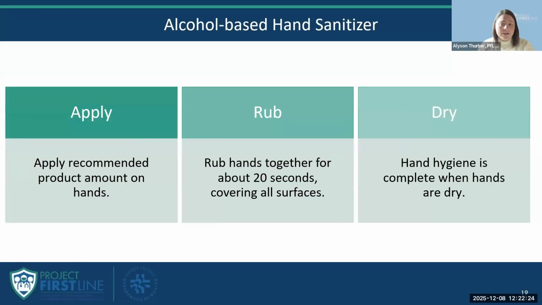And then alcohol-based hand sanitizer. Alcohol-based hand sanitizer kills most harmful bacteria when performed correctly. When using alcohol-based hand sanitizer, it is recommended to put the product on your hands and rub hands together. Cover all surfaces until hands feel dry. And then altogether, this should take around 20 seconds. Make sure you're not waving your hands around or wiping them off. It has to dry organically. So again, this is most commonly recommended in healthcare facilities because it has been linked to higher rates of compliance, but we did together just review when hand washing with soap and water is needed instead.